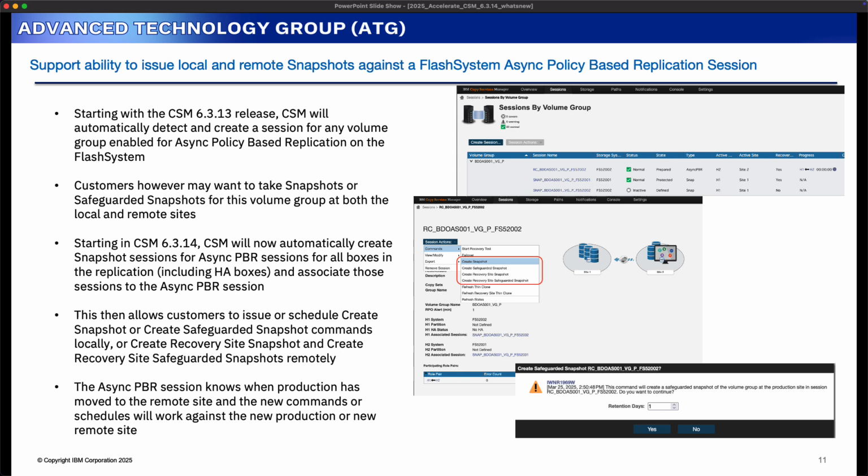But we noticed that some customers may want to not only apply a policy-based replication to a volume group, but they're going to want to take snapshots, right? You might want snapshots to archive the data or validate the data. You might want safeguarded snapshots against the remote site to be secure and safeguard your environment. You have different requirements, and so you might want to snapshot all this. So now with 6.3.14,